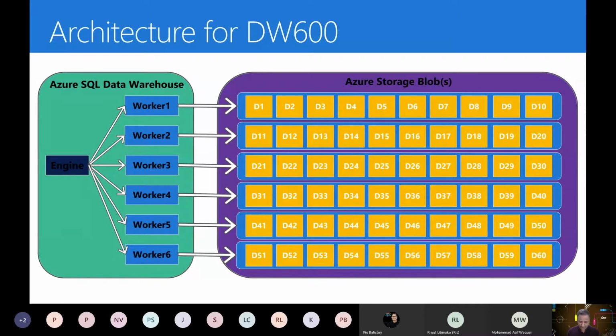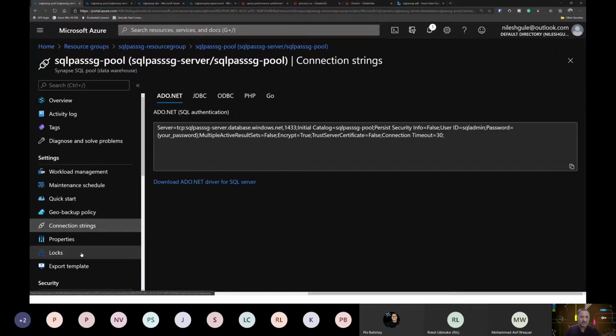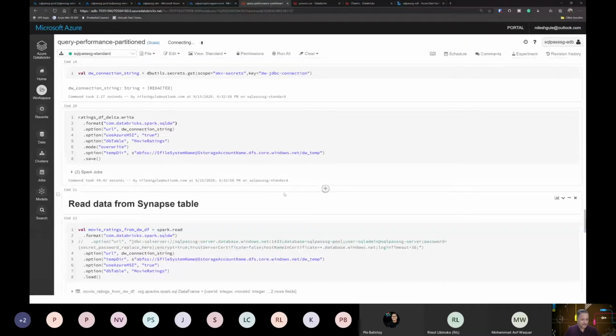Now let's look at how we can use this SQL data warehouse in our solution. We talked about Spark last time, how Spark can be used to optimize or read data.